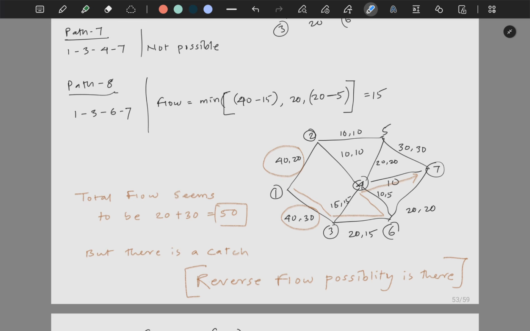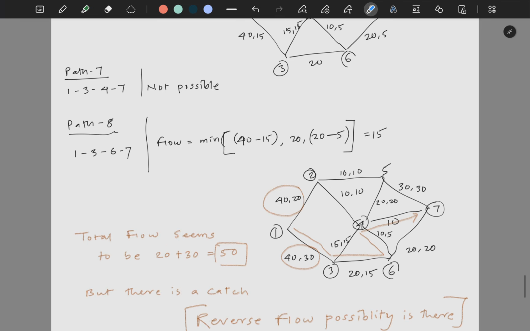So there's a catch. Okay, we call that reverse flow, right? So what happens if you see now, it might seem that we have only found out 8 paths. And if someone asks us what's the total flow that is possible from point 1 to point 7, we'll add all the flows. Okay, or you can simply see that here there's 40 comma, out of 40, 20 are flowing from